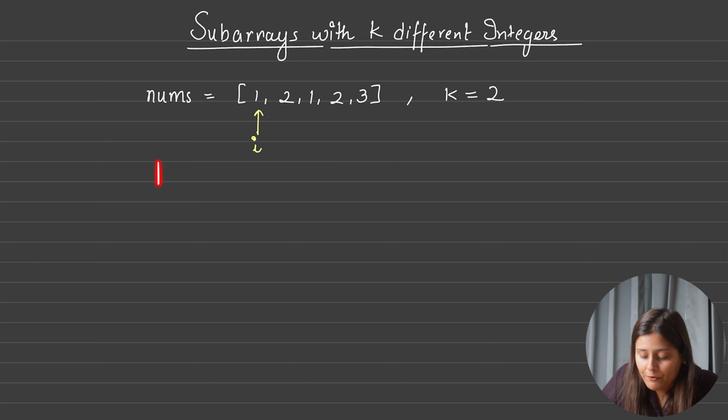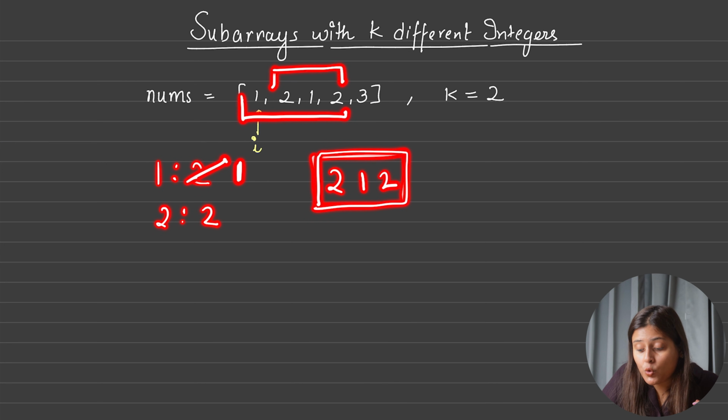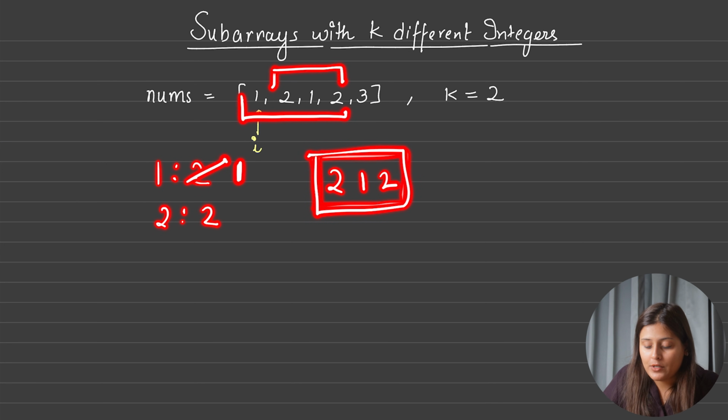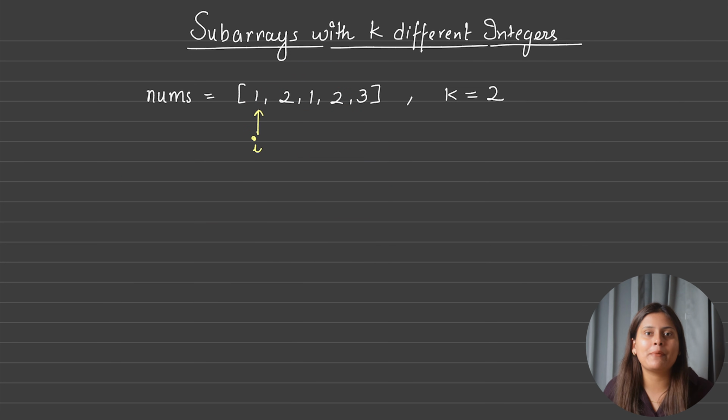So for 1 we have frequency 2, and for 2 also we have frequency 2. When we reduce from this to this, only 2, 1, 2, we will decrease the frequency of 1, and it will become 1 and not be removed. Hence for 2, 1, 2, what should the hash map look like? It is the same, so we do not need to create it again and again. That's why we prefer using a hash map instead of a set, and that will be more helpful in the case of sliding window, which is the optimized approach.